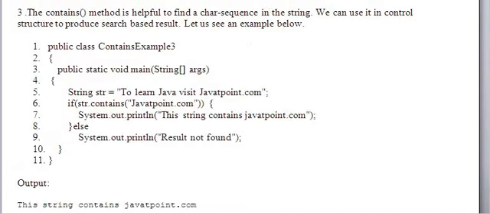Look at example 3. We can use it even with an if condition. If str.contains something, if it is true, System.out.println, else again System.out.println, result not found.